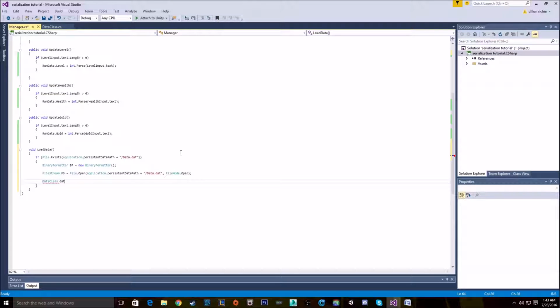So DataClass data equals new DataClass. And then now we have our new data class. We're just going to be setting it to the class that we want to load in. So data equals